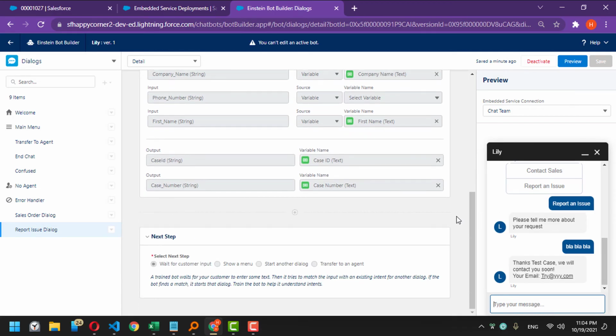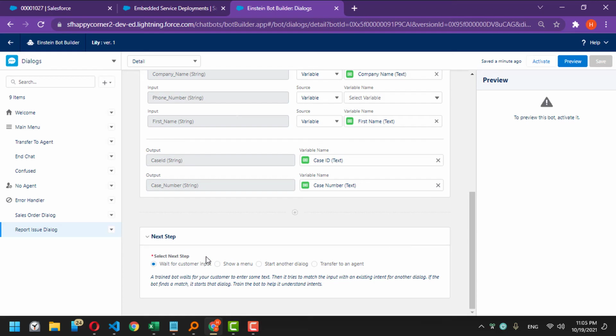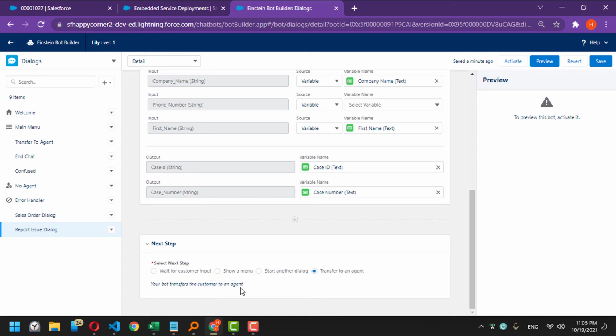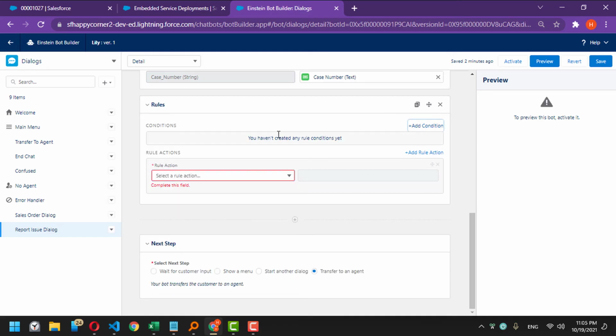Yes. Now I would like to transfer the client to a real agent if there is a live agent available. Let's deactivate this, and the last step shouldn't be wait for customer input. I will transfer to an agent if there is an agent. So let's make this. Let's say rule. Let's say in the condition